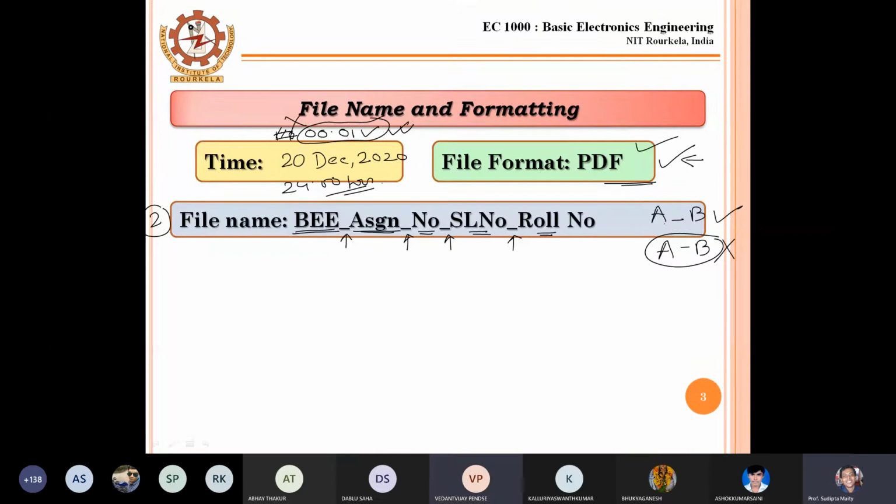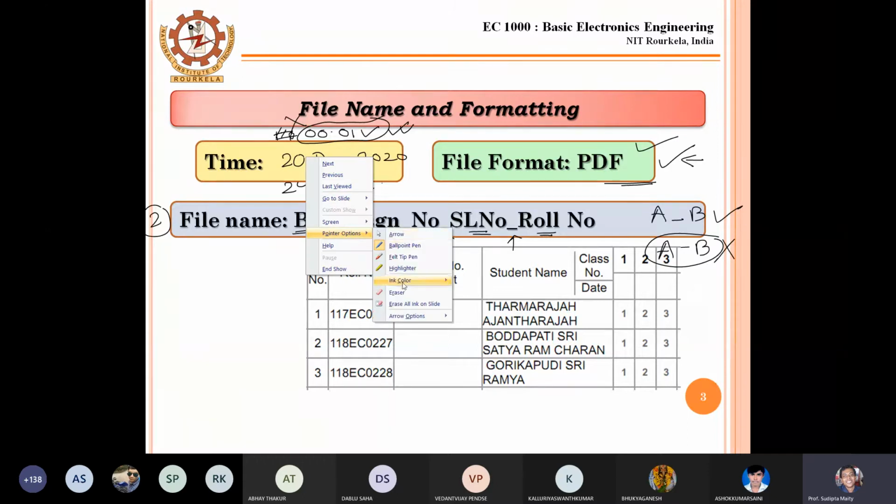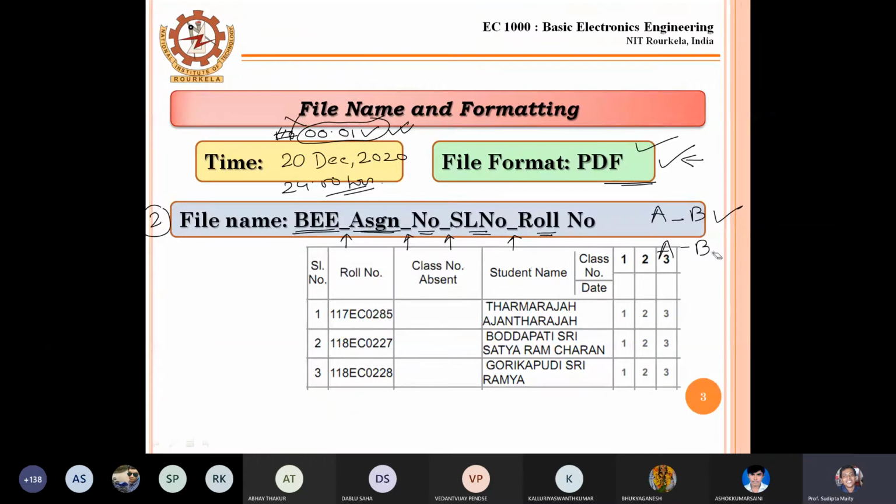Now I am explaining what the number, serial number, and roll number are. Suppose there is one roll sheet. It is not your roll sheet, don't worry. Whenever you get a roll sheet, like the one I have given previously, the serial number is given, correct?